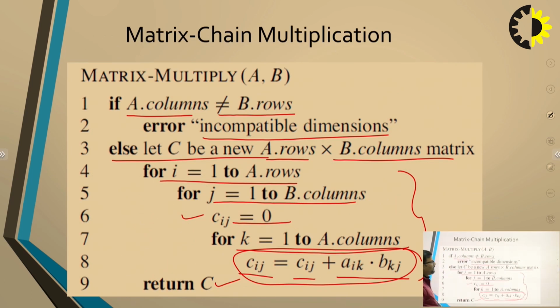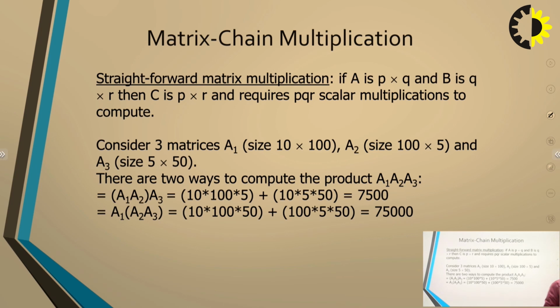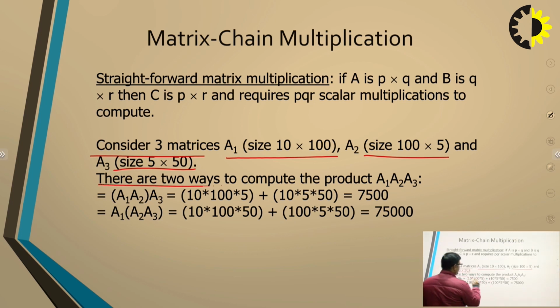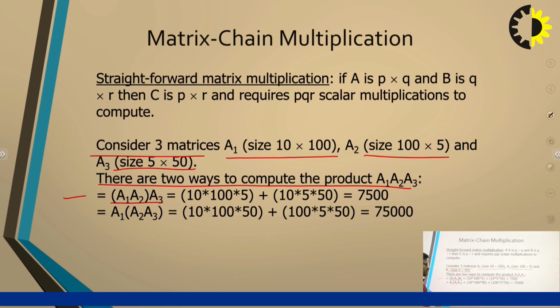Here we will discuss the simple matrix multiplication. Then again we will take examples of matrix multiplication. Here consider three matrices. These are dimensions: matrix A1, matrix A2 and matrix A3. There are two ways to compute the product: A1, A2, A3. First condition, A1, A2, then A3. Second condition,